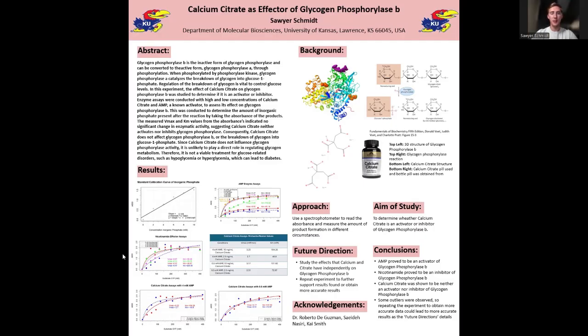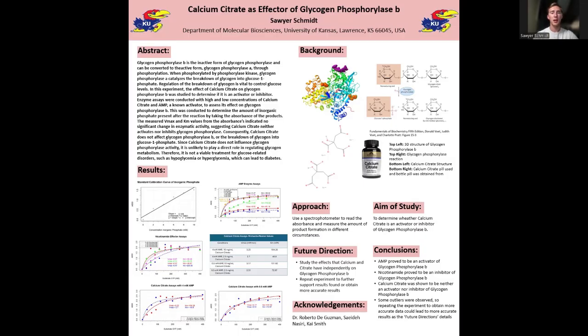Next, we tested nicotinamide, which is a known inhibitor. We found that as the concentration of nicotinamide increased, the Km also increased. That is consistent with a competitive inhibitor, which competes with the substrate to bind to the active site of glycogen phosphorylase. And then finally, I tested 10 milligrams per millimole and 2.5 milligrams per millimole of calcium citrate in